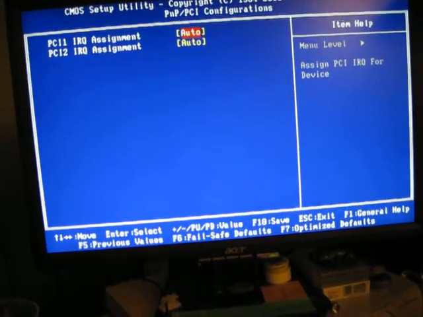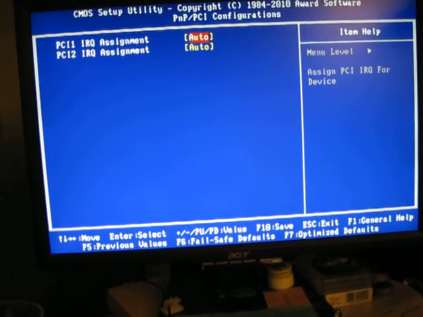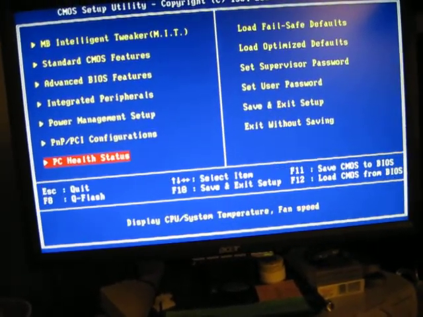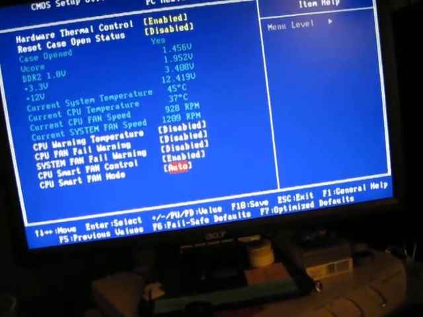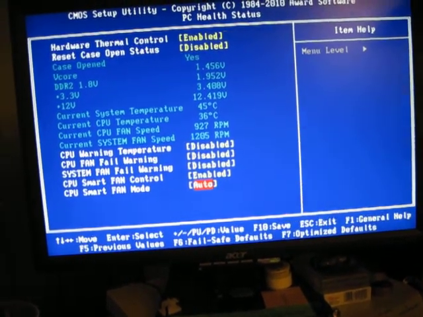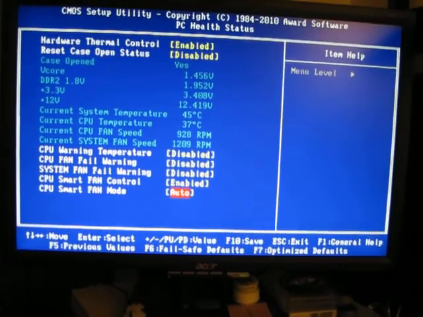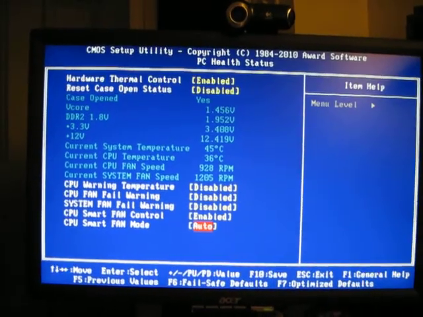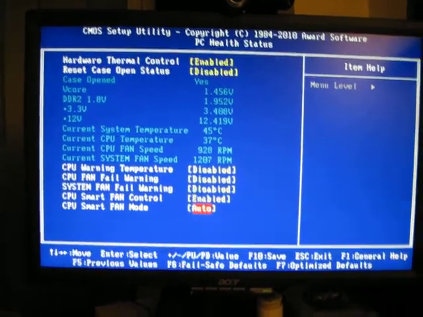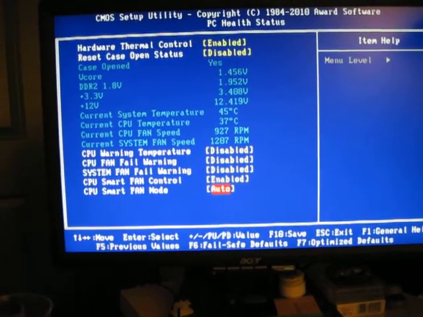PnP/PCI configurations, this is some really old school stuff, setting up IRQs and PCI cards. I left everything as it is. And PC health status, there's one thing you can change here, but finding out that this CPU, and should be your CPU, is good enough to run at 3.5 gigahertz without any serious changes to the BIOS,